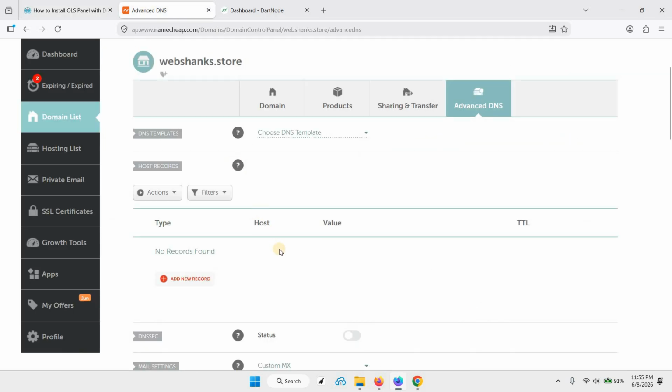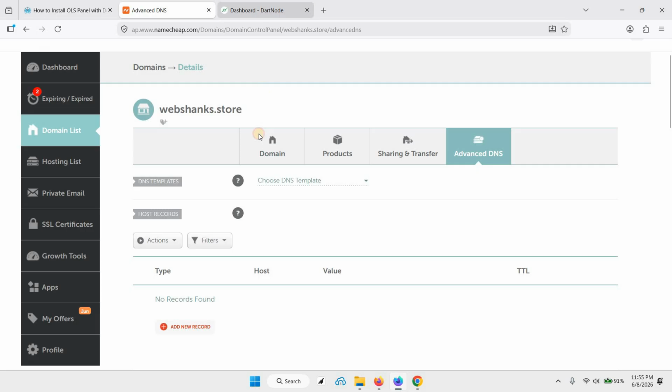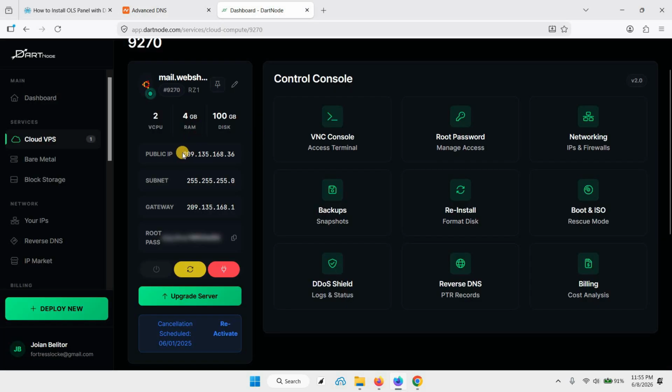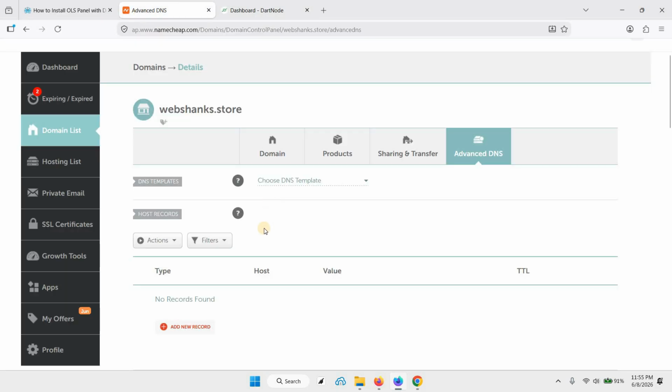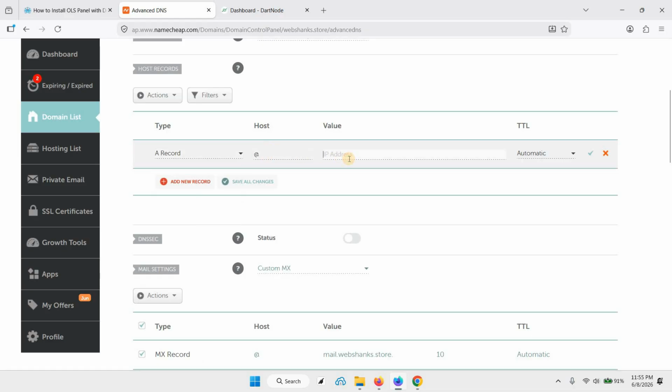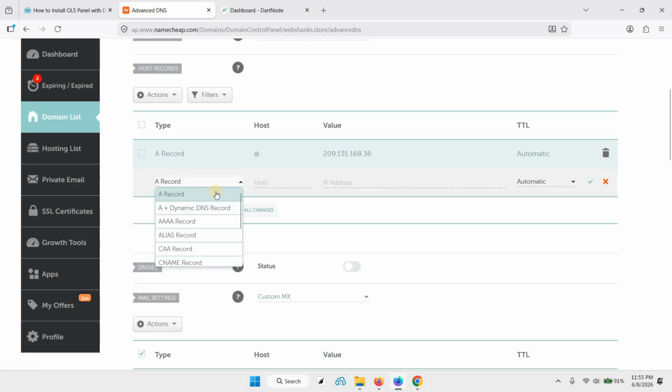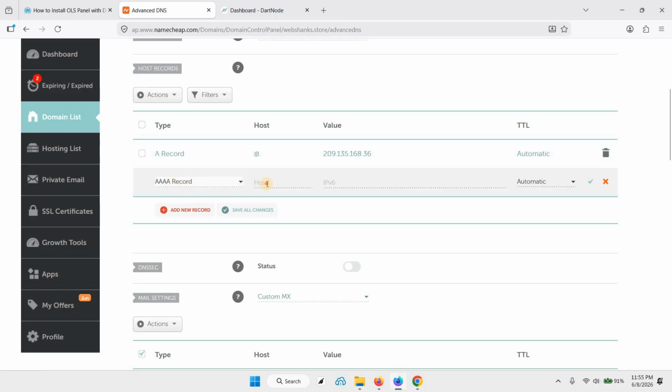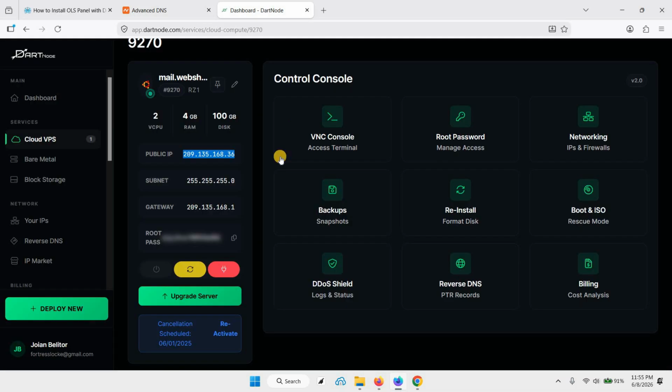First, we will add an A record. So we will copy our IP address and we will add an A record for our domain. So I'll put @, and the value is the IP address, and we will add another record for the IPv6. So this is the IPv6. We will use @,